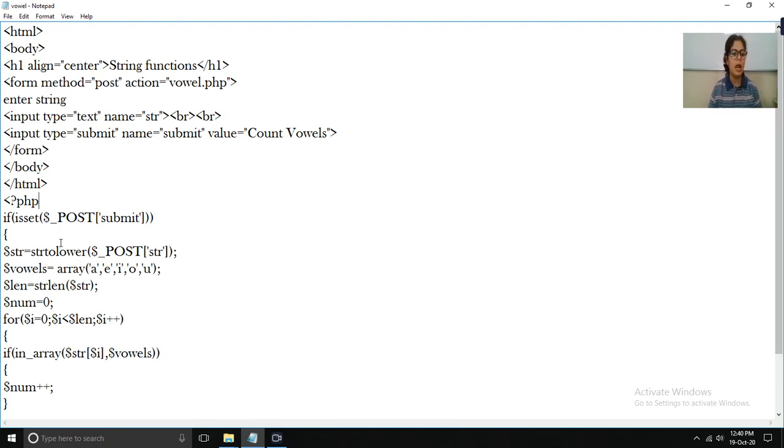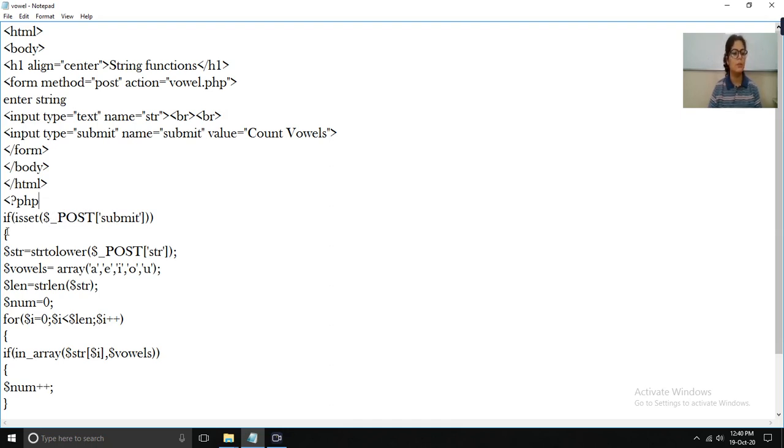We always initialize a variable with an underscore, and we can also initialize it with any alphabet. So here we are declaring this variable, _POST, with this underscore and submit.